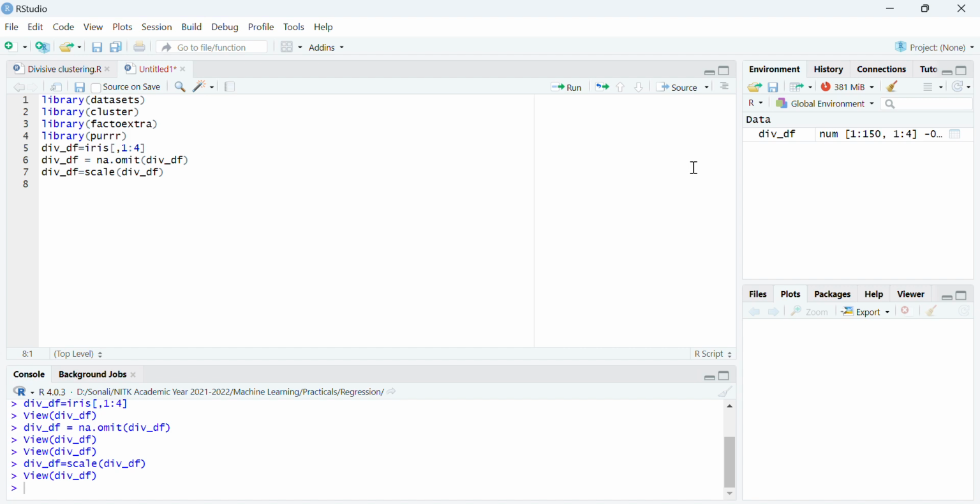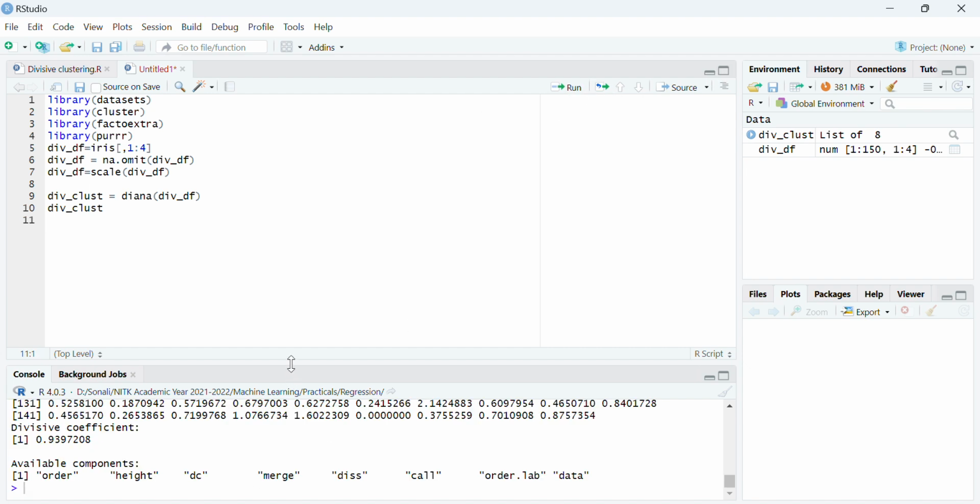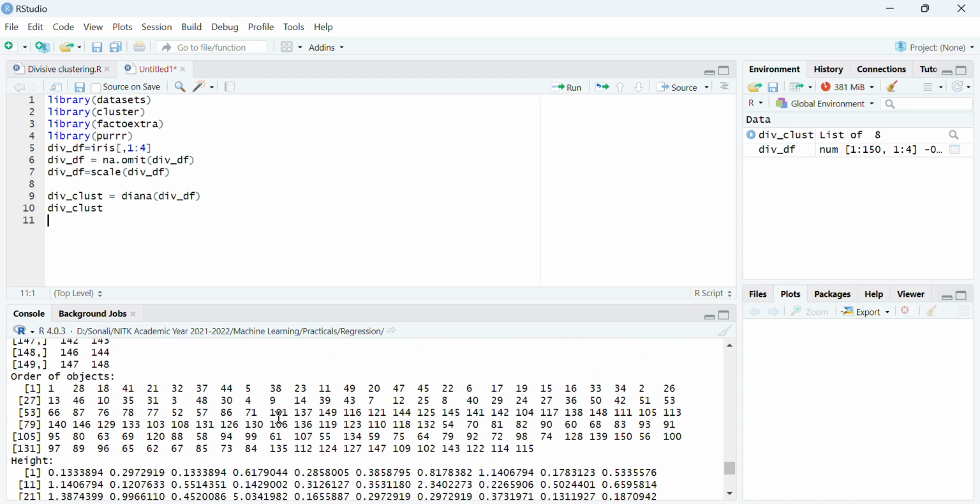Let us call the divisive clustering, and the function is diana. I will pass my data set, and it will automatically perform the clustering. If you wish to see the divisive clustering we created, you can see the clusters which are being formed.